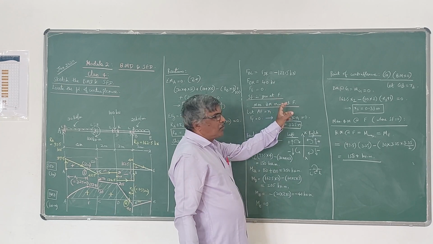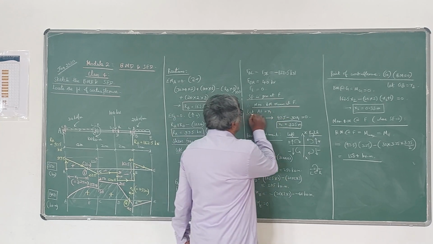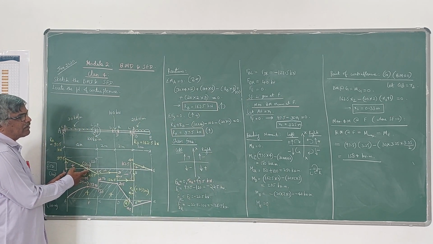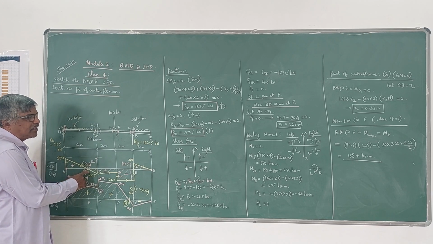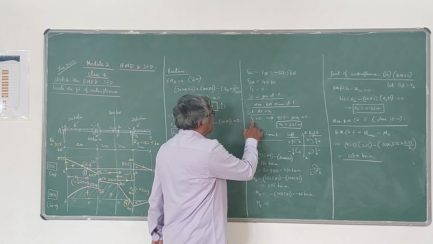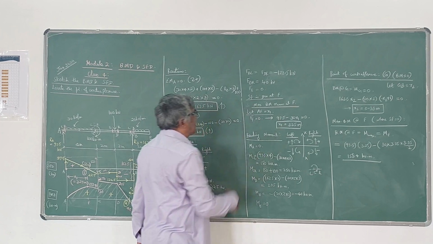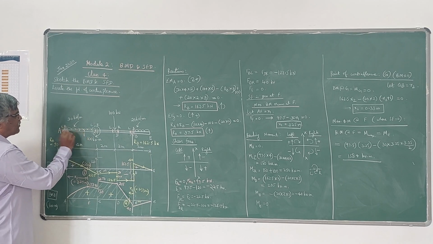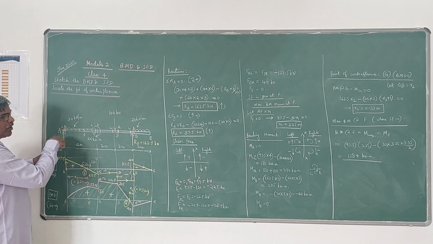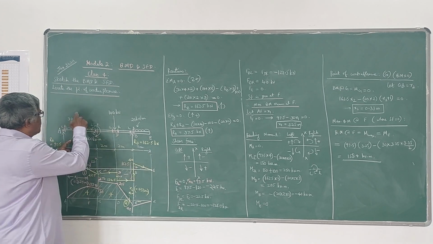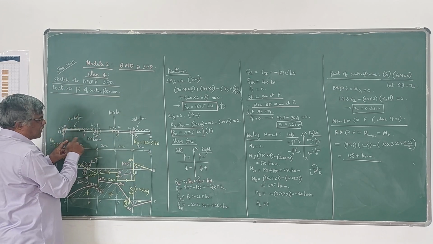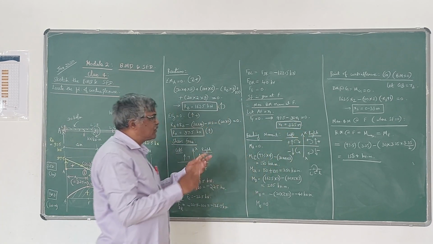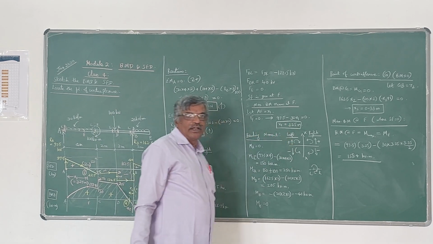So at what point the shear force is 0, let us find out that. For the time being, let AF be equal to x1. So the distance I am going to take as x1. What I will do is write the shear force expression at F and equate it to 0. That means FF, shear force at F, I am equating to 0. See to the left side of F. If you see to the left side of F, F is here now. Left side of F, 97.5 upward force is there, which is positive. UDL is negative. Minus 30 into distance x1. 30 into x1 is the load. So minus 30 into x1 equals 0. Only two forces are there. So if you solve this equation, you will get x1 as 3.25 meters.